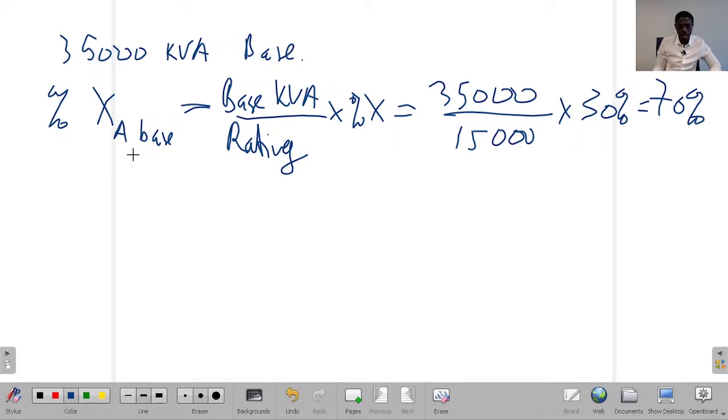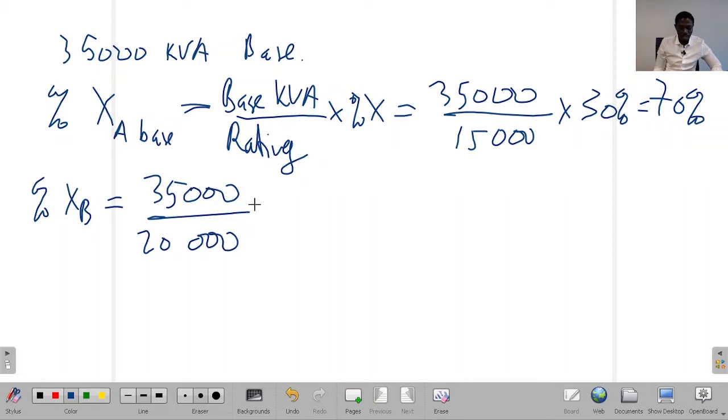So that is our converted reactance at base kVA. And thereafter we look at the reactance of the second alternator, alternator B, taking 35,000 as our selected base kVA, and we have 20,000 as the actual kVA rating of that generator. This multiplies by the 50% and we obtain about